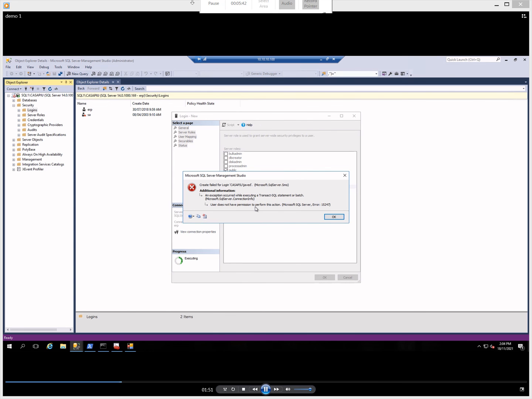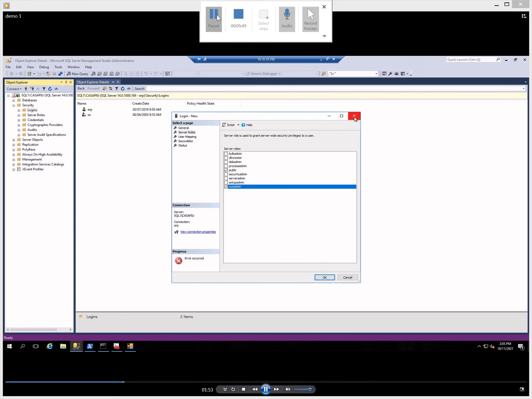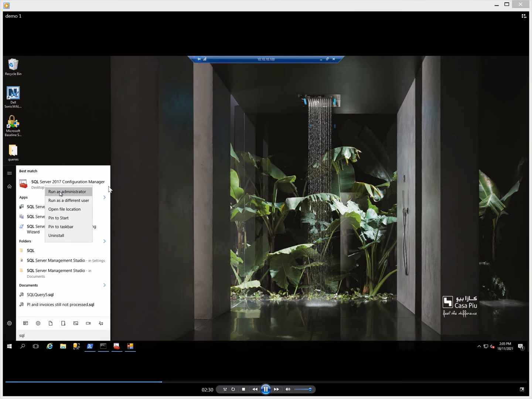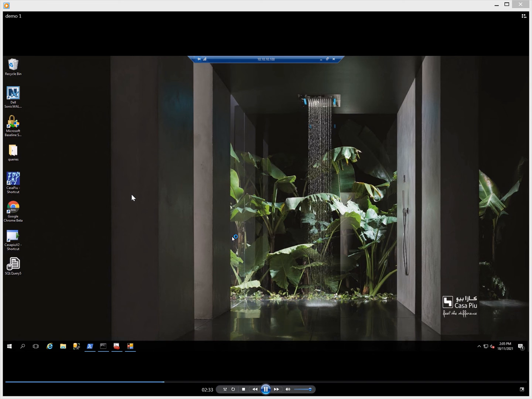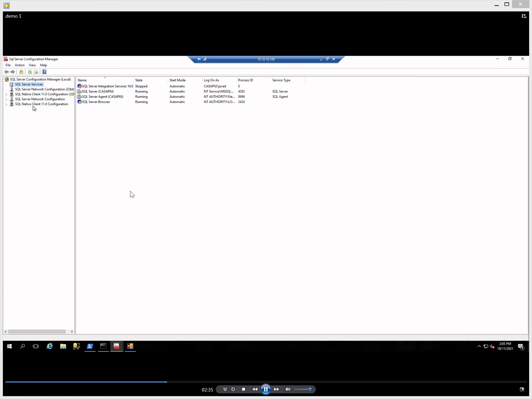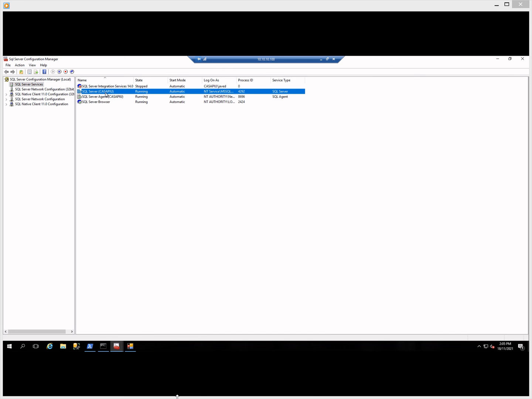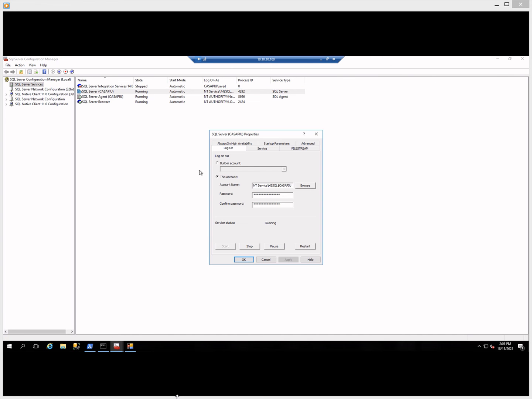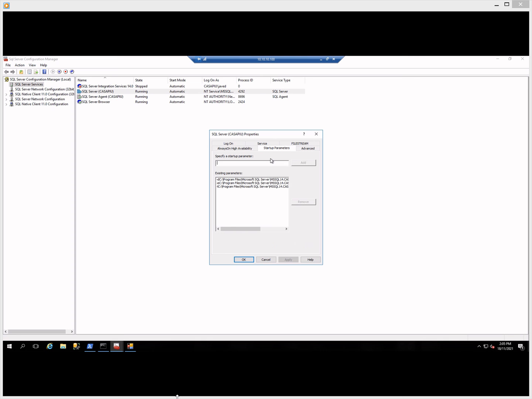So in this case, I will run the Configuration Manager using the Run as administrator option. It will pass the administrative credentials, and here is my SQL Server instance. I will open its properties, use the startup parameters, and add the -m parameter, which will force this instance to only allow single user connections.